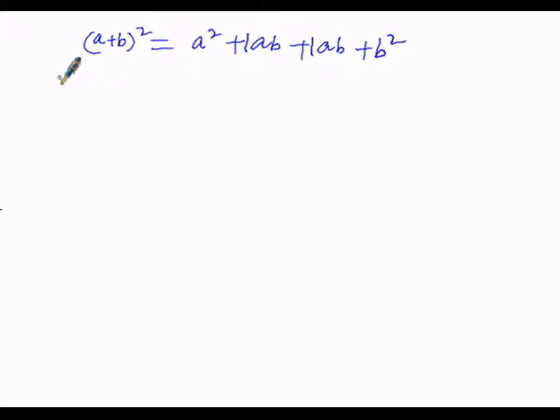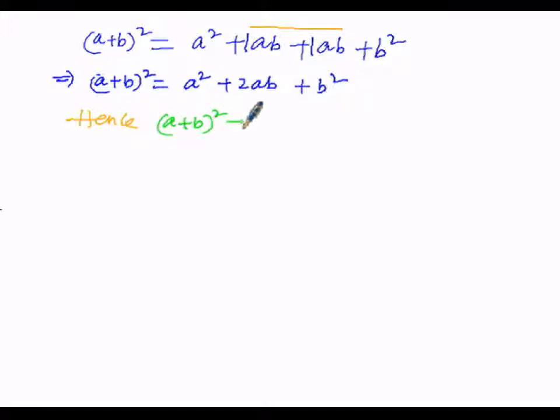So we can write it as, that implies A plus B whole square is equals to A square. We can add up these two like terms, AB and AB. So here plus of plus is plus, we have to add up the coefficients. 1 plus 1 is 2 AB's, but both are of same signs, so here we can write the sign as plus. Then now plus B square, that is the last term, must be copied as it is. So here in this manner, hence A plus B whole square is equals to A square plus 2AB plus B square is the second identity which we have proved geometrically.